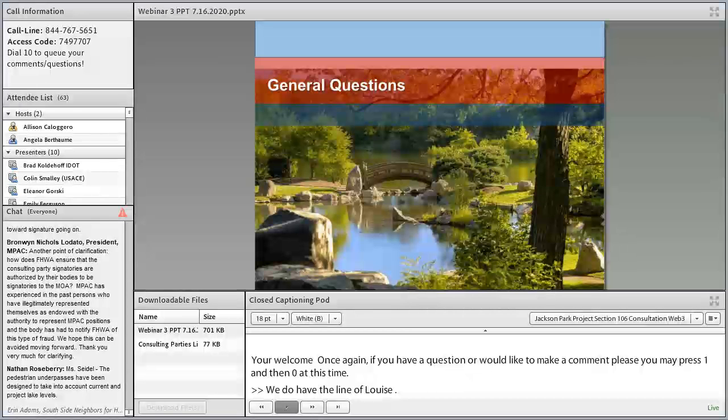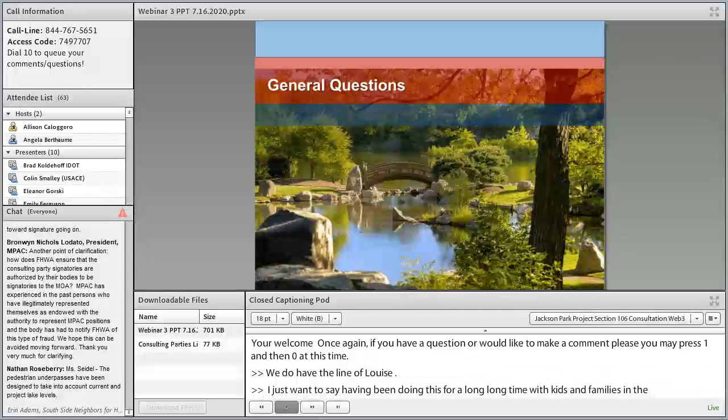So I just want to say, having been doing this for a long, long time with kids and families in the park, I want to concur with what Guillaume said, which is we are now in the middle of an emergency. We have a once-in-a-lifetime opportunity to create a space where kids and families can feel safe in the park, to create an area where we can have jobs, and an area that will, in fact, encourage more community